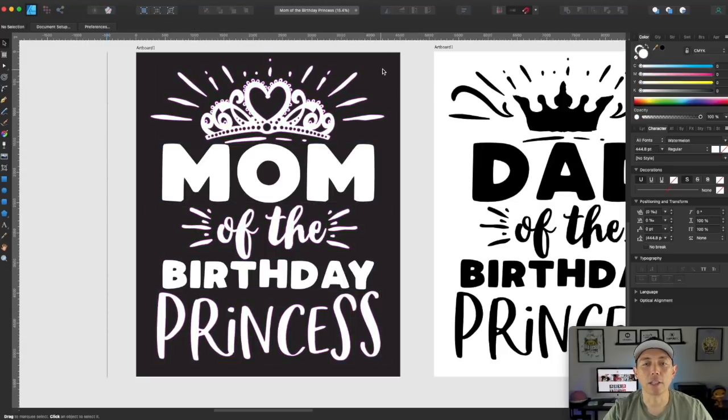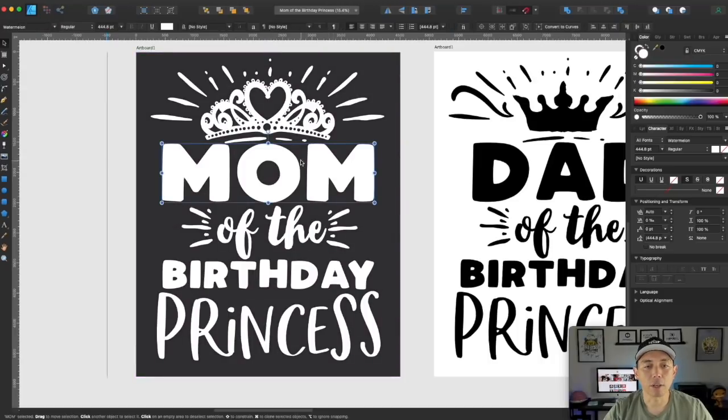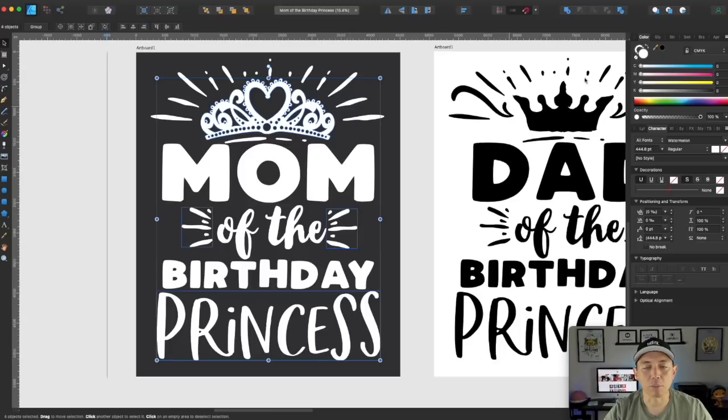And look at that, that's on a black t-shirt. Now if you want to add a little more interest, maybe add some color, just go here. I'm going to click on maybe the crown. I'm going to ungroup this so I can pick the crown. The crown, maybe princess, and these two things right here. Let's make those pink,